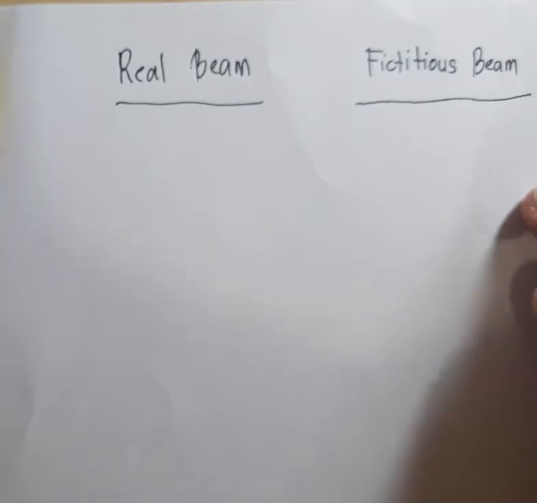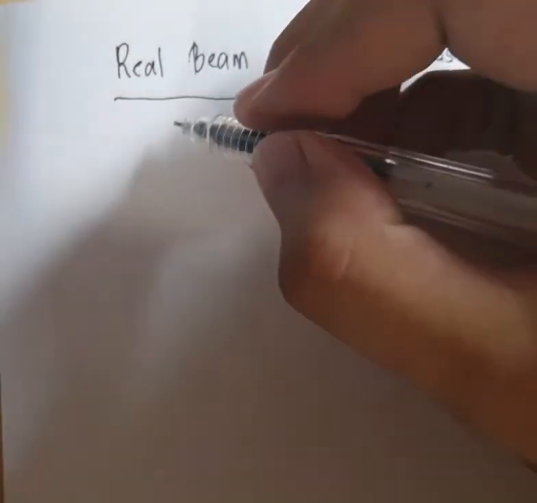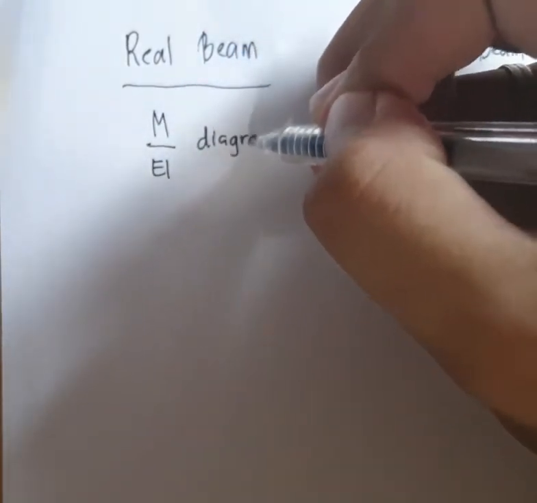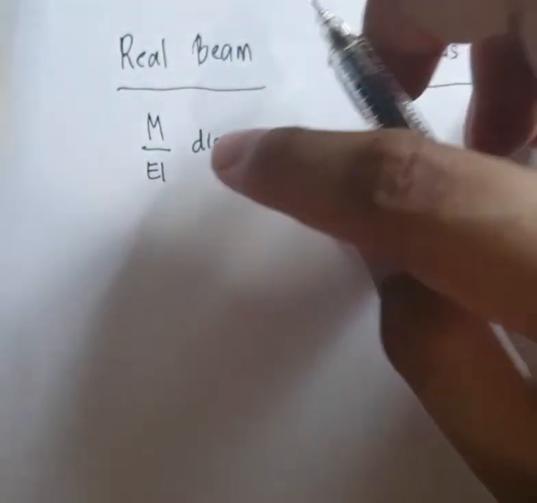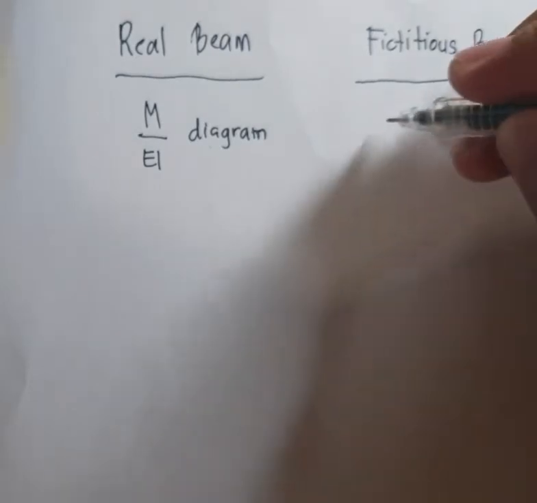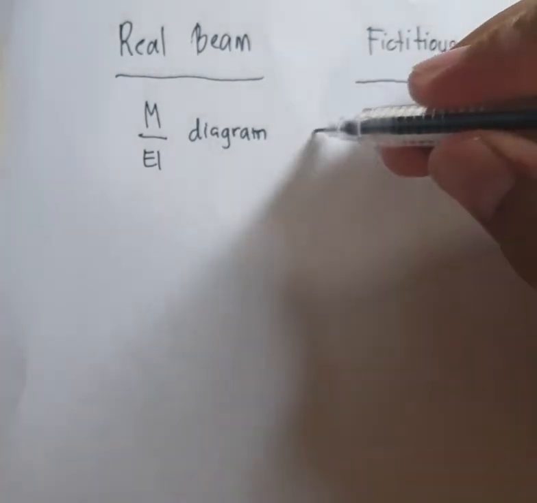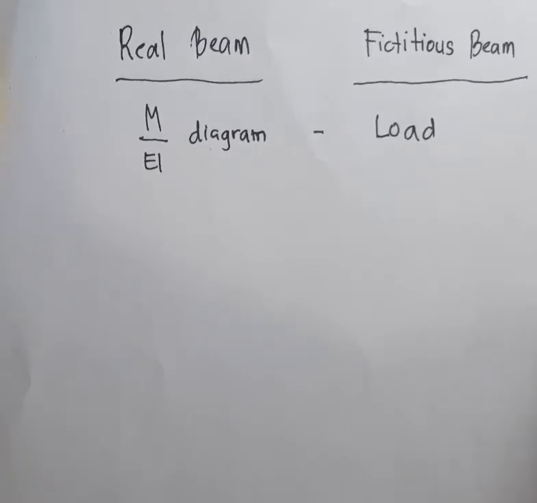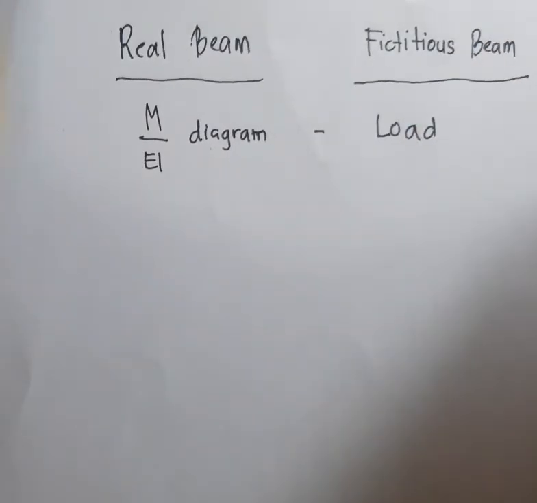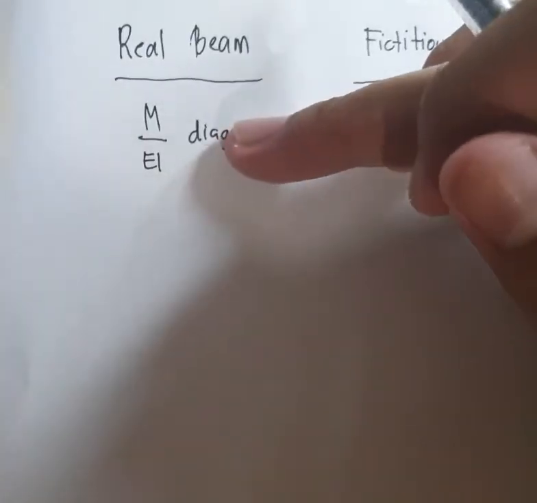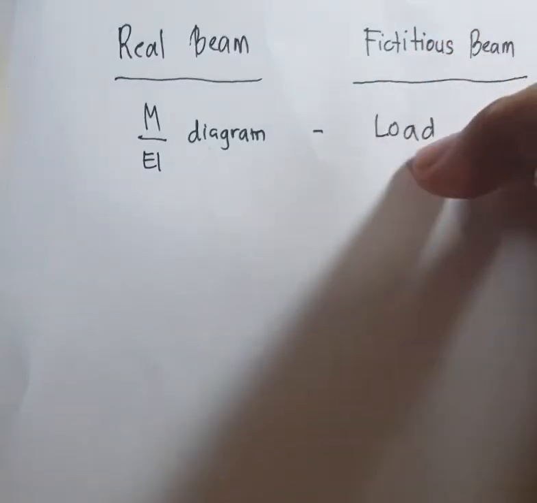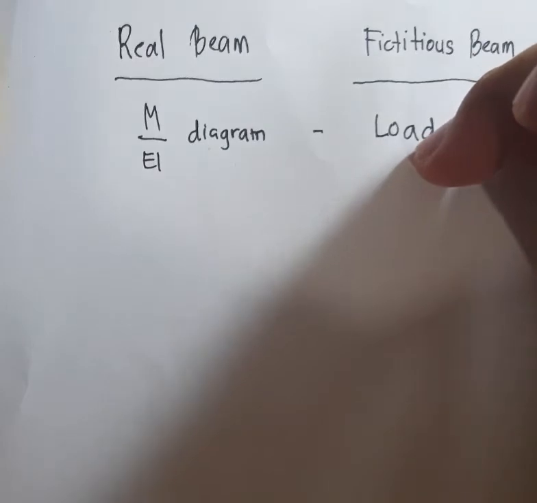In the real beam, we can compute the M over EI diagram, which is the moment diagram. Using the conjugate beam method, this moment diagram becomes our load. We place it as a load on the fictitious beam. Later I will elaborate on what the fictitious beam is. Okay? Then, once you get the moment diagram and place it on the fictitious beam as a load, the next thing is